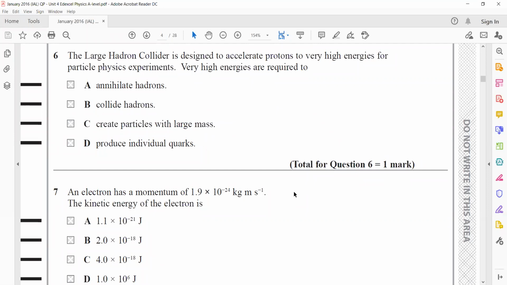The Large Hadron Collider is designed to accelerate protons at a very high energy for particle physics experiments. Why are high energies required? Yes, C is the right answer, because if you have more energy, that energy is converted into mass, so you can